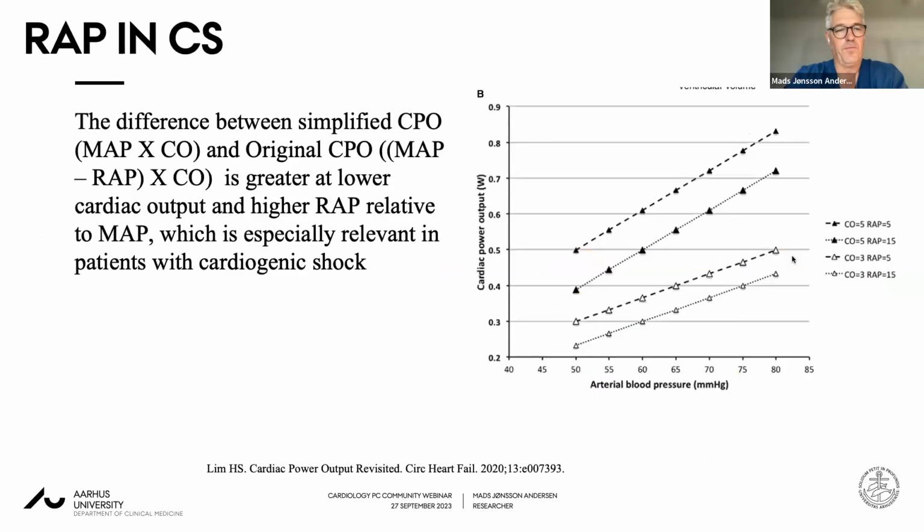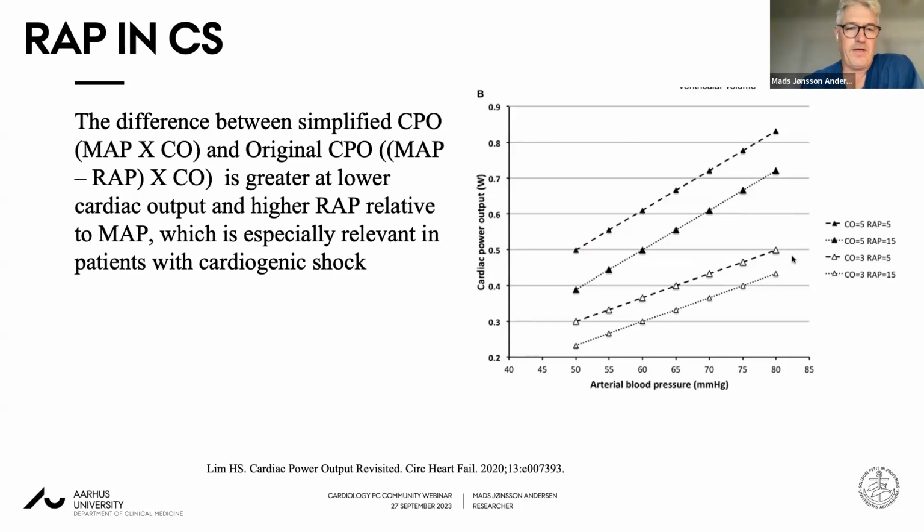So we've seen that cardiac power output carries a lot of prognostic value in this population with cardiogenic shock due to MI. But what about right atrial pressure? Why isn't that important? And this paper from 2020 by Lynn actually looked at the importance of right atrial pressure, and he calculated the cardiac power output using the conventional